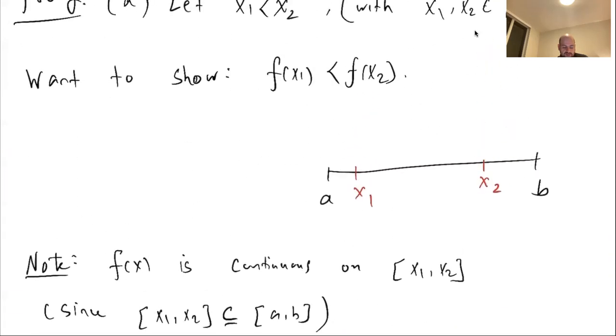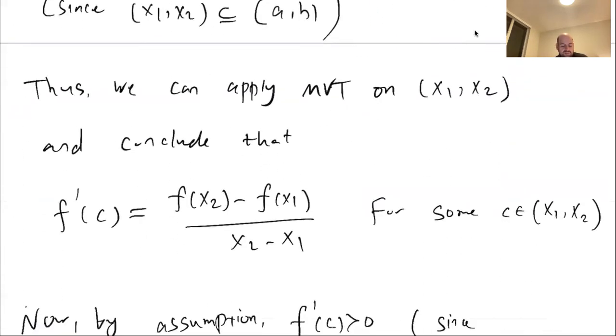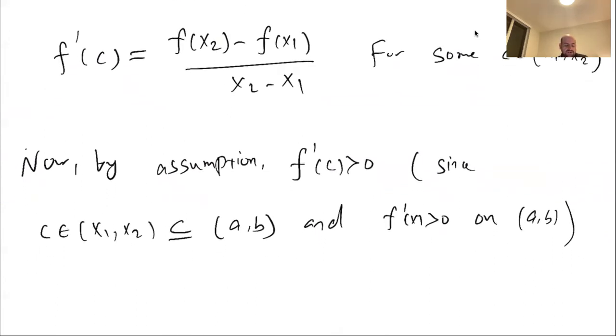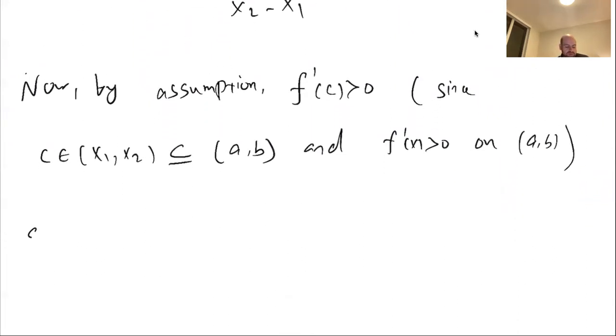See, here I sketched a graph for you. So c is somewhere here between x1 and x2, but x1 and x2 itself is a subset of a and b, so c is definitely between a and b as well. So we can say f prime of c is positive. Now, if the left-hand side of this equality is positive, of course, the right-hand side must be positive as well. So we can say that f of x2 minus f of x1 divided by x2 minus x1